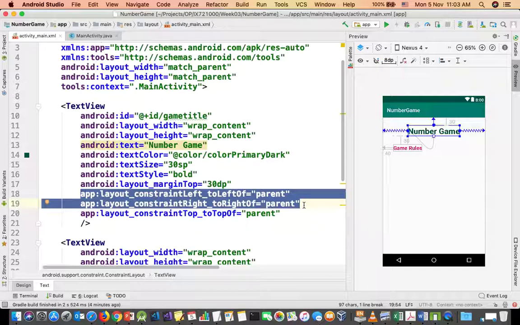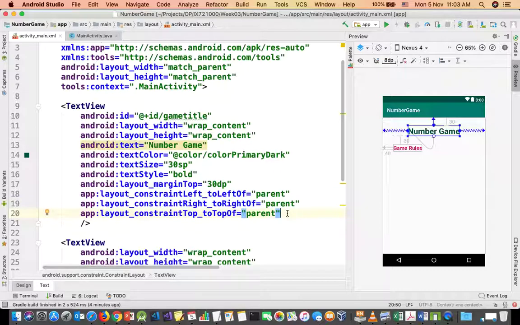Actually, these two constraints make this text view horizontally centered. And then I am giving top to the top of the parent, because when we say margin top, it is not applicable unless and until we give this specific constraint. So we say stick to the top of the parent, but when you say margin top, it automatically comes down 30